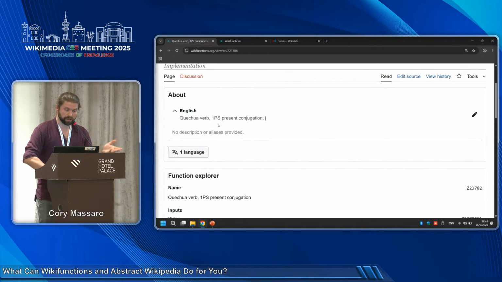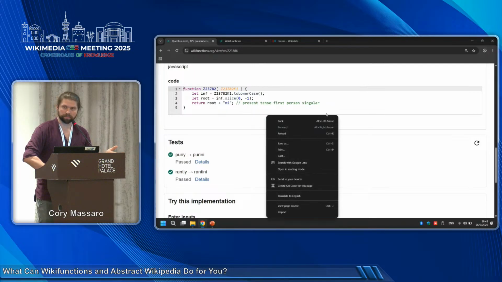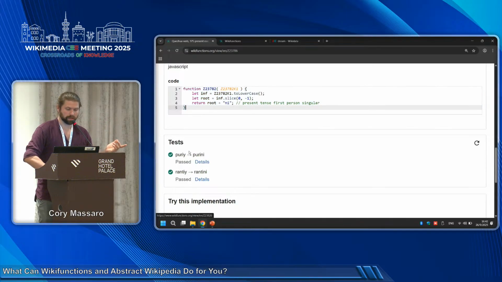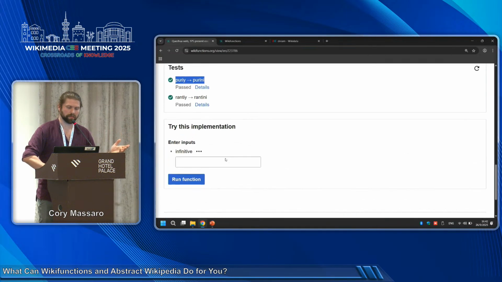And so these are some functions that give you the conjugation in a given form. So this one is for the first person singular. So this is the verb like to walk. You give it the infinitive and it gives you back the verb form. And you could imagine composing these for agglutinating languages like this, and getting a set of functions that would then generate the whole morphological complement.